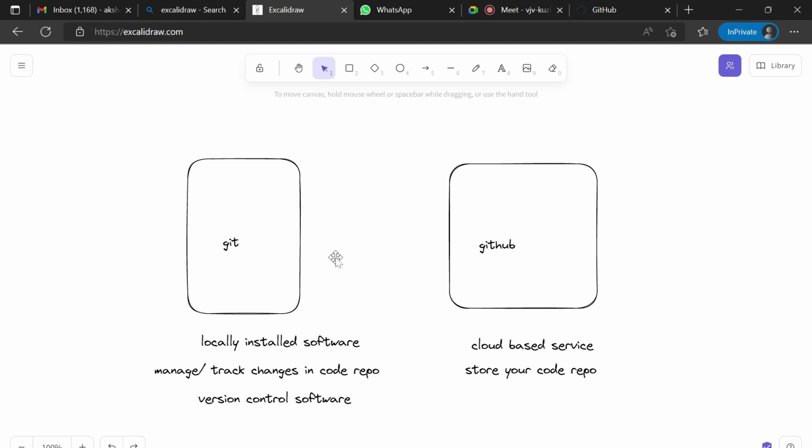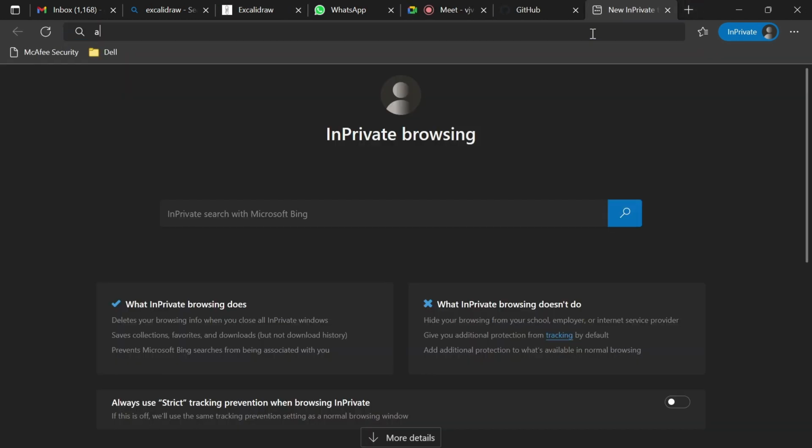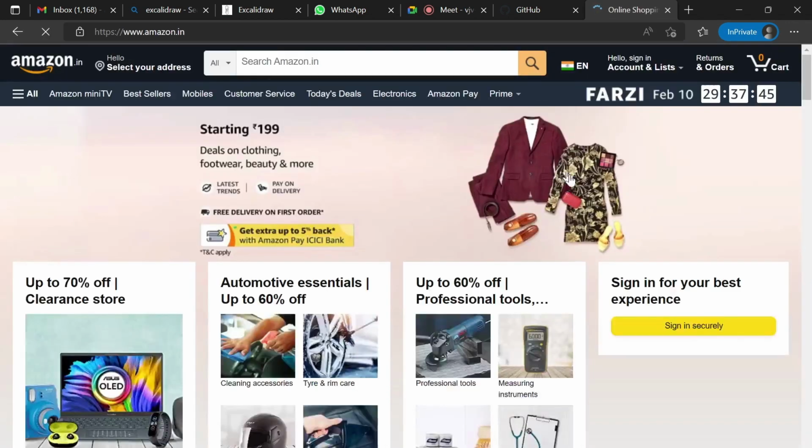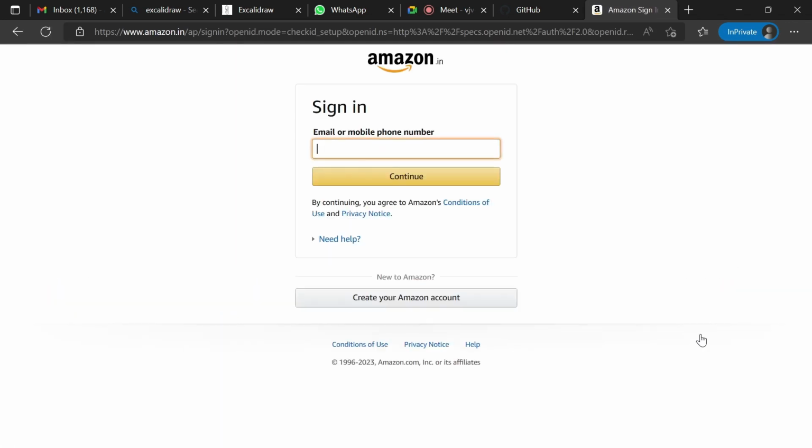Consider a scenario where some developer worked on the sign-in page of Amazon.in 2 months back. Now he gets another requirement and wants to change something on this. Consider he wants to add one more button for another service in Amazon.